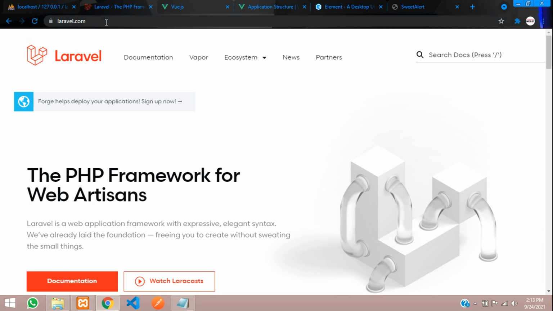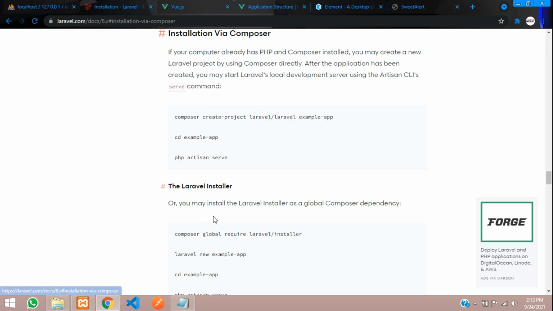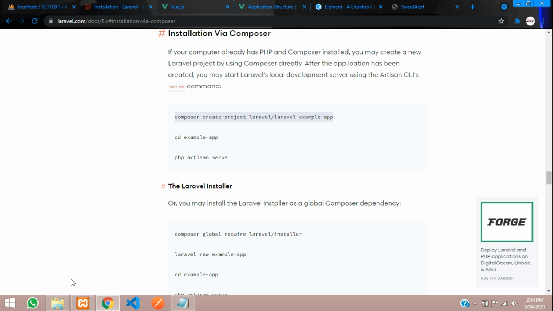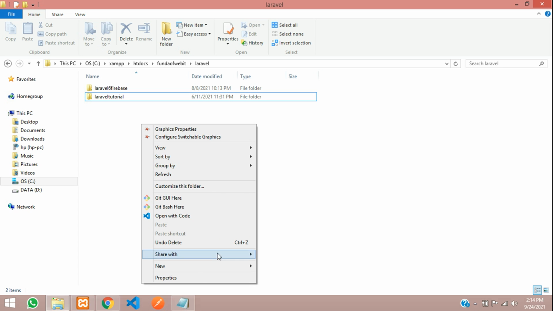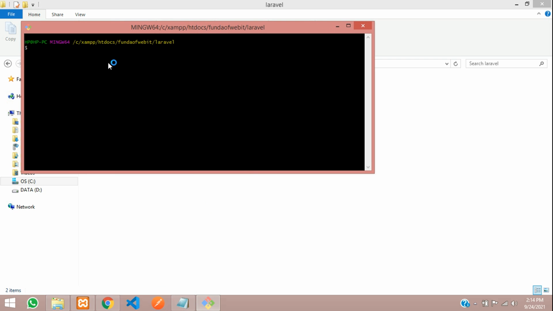Let's go to the Laravel documentation, and you can install this via Composer. To install this application you need to have Composer, so please make sure you install it. Let's go to our htdocs under the XAMPP folder, open a git bash or a command prompt and paste the command, changing the application name to laravel-vue, and hit enter.